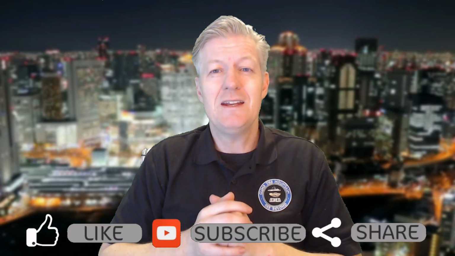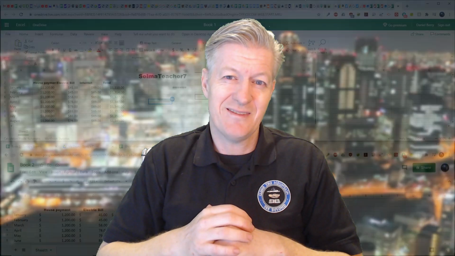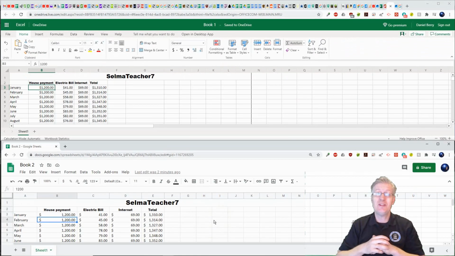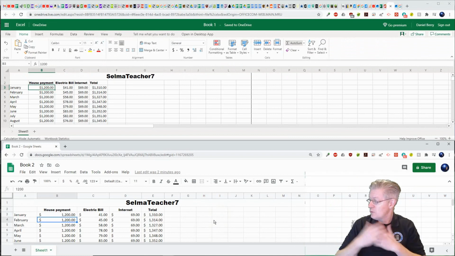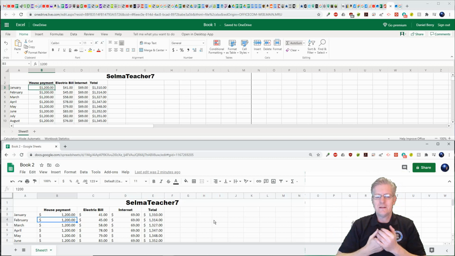Alright, so let's get into comparing Excel and Sheets as far as the artificial intelligence. Here I am inside of two different spreadsheets. Up on top we have Microsoft Excel, and below that we have Google Sheets, the one that I'm actually in. What I've been trying to do in an earlier part of this lesson, when I was creating it, was to get an error message.